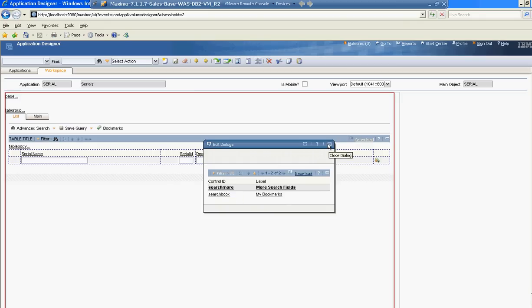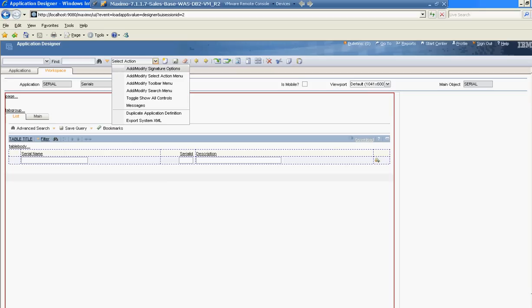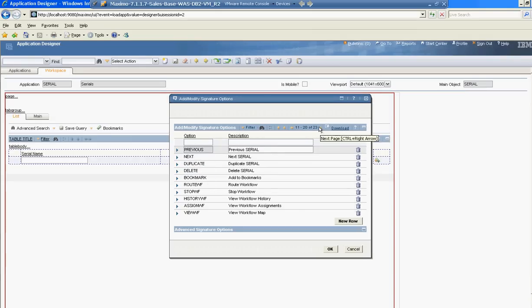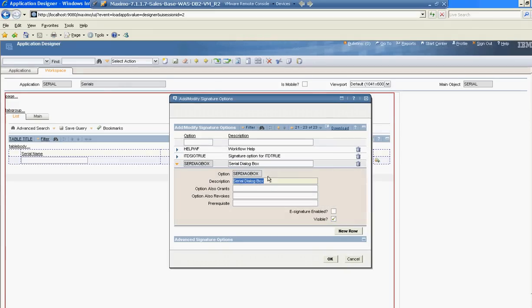So first of all, I need to create a signature option. So I go to add modify signature options. I think I've already created the signature option before, so I'll just check the name. Yes, it is called SCR-DIAGA-BOX serial dialog box. This is my signature option,